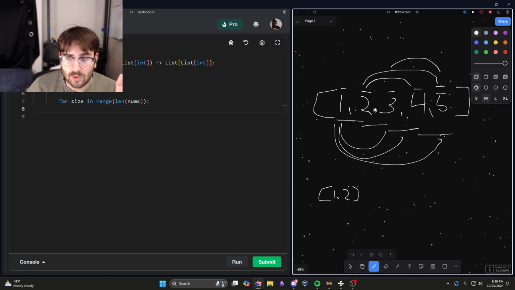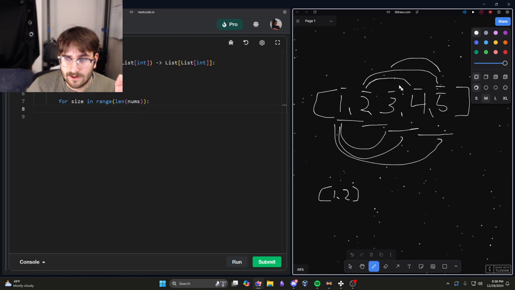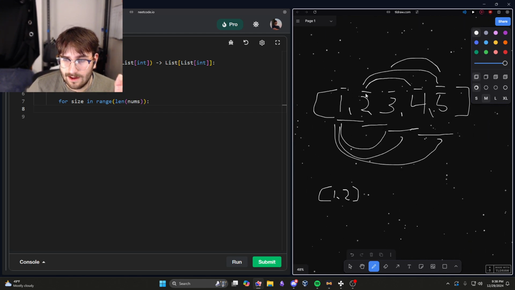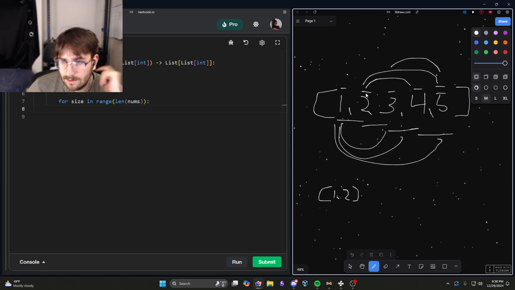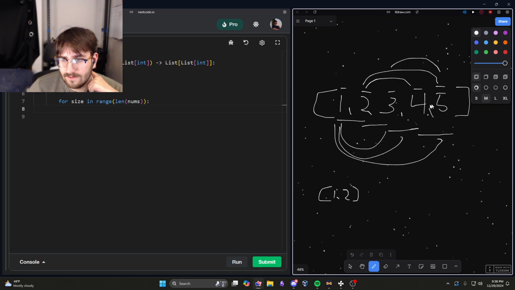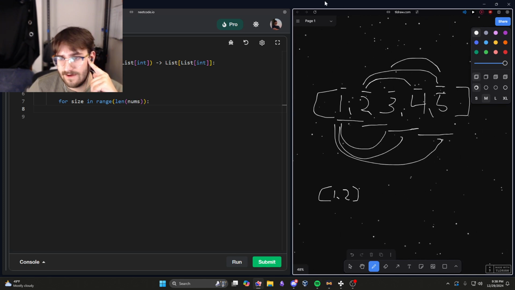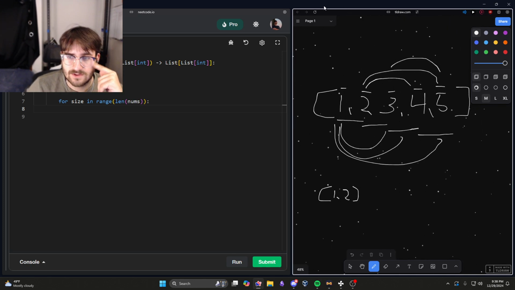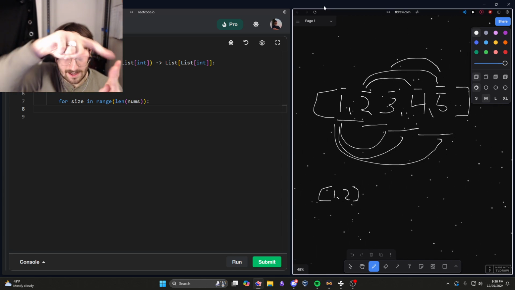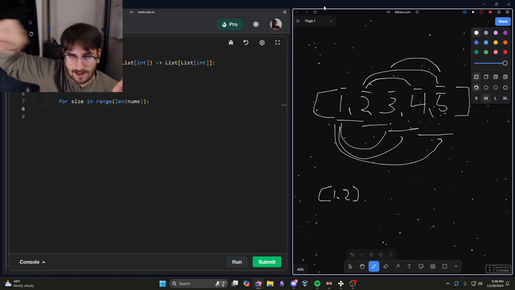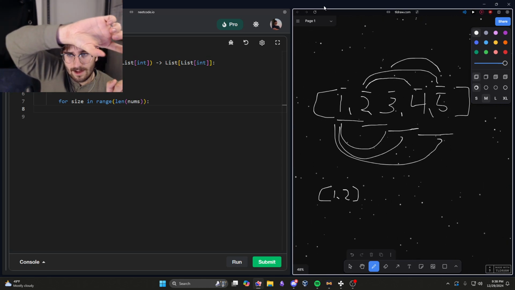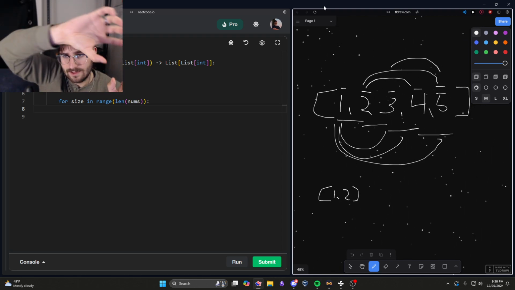Nothing for this 1, 2 pair, right? And then I go to the 2, 3 pair and I look at appending the 4 and the 5. And then I look at the 3, 4 pair and I look at appending the 5, right? And so it's this process of, I start here, I append all of them, and then I append all two, and then I look at